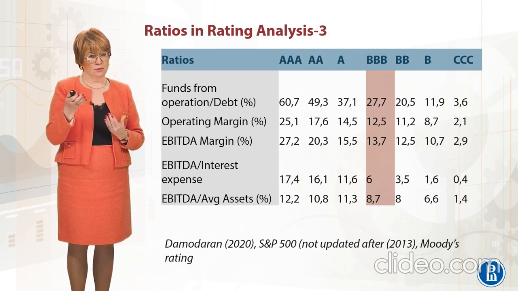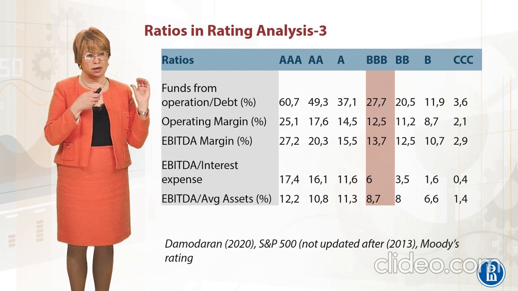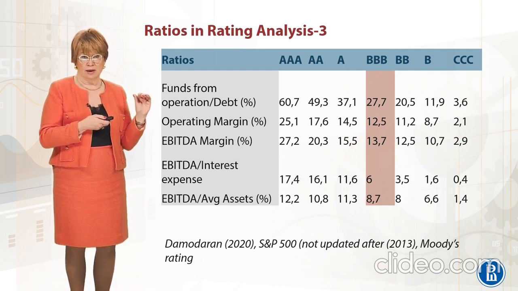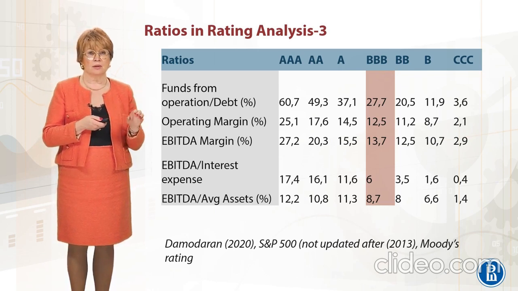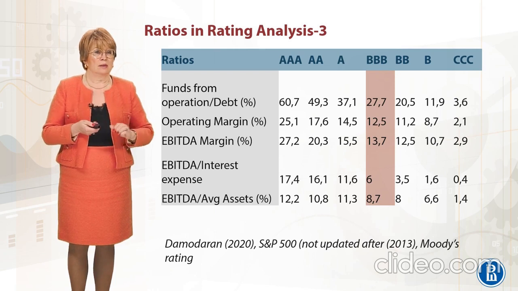You may also think about the other coefficients in the table. Look at the operating margin, which is profits to sales. You may see that the companies in the highest credit ratings will have higher levels of performance measured by the operating margin. And the companies in the group beyond BBB will have dramatically lower coefficients